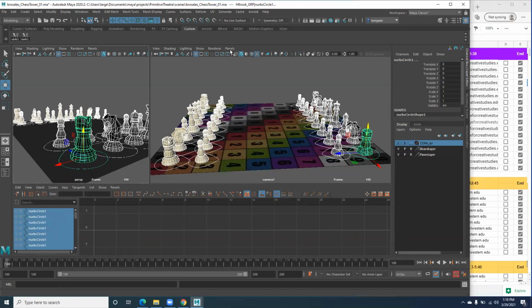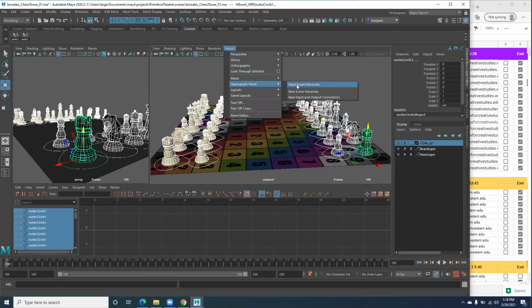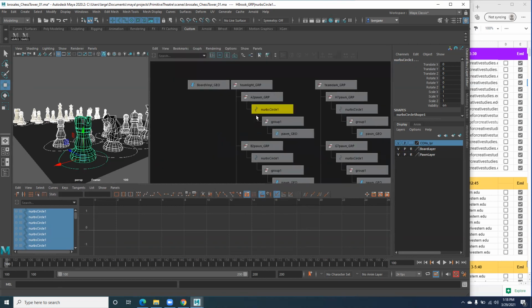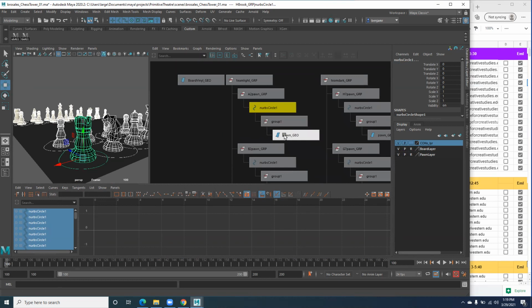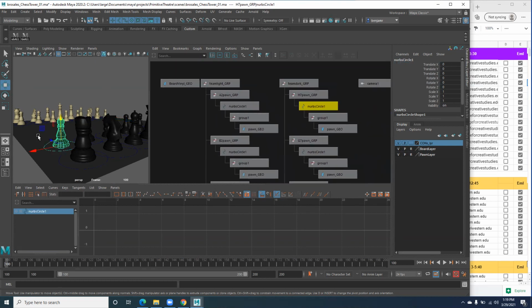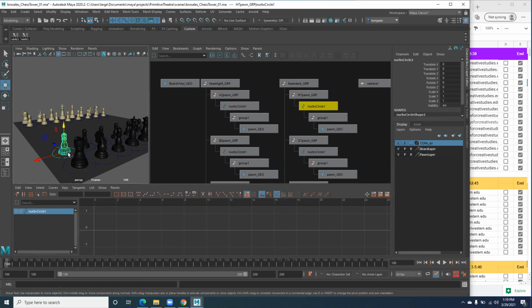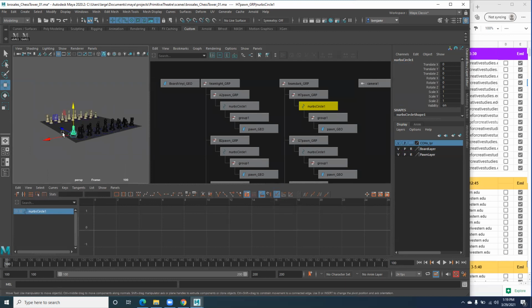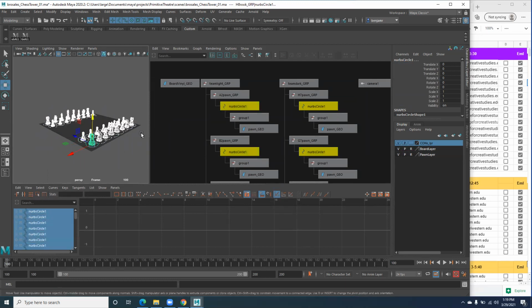Because they're parented, if we go back through this and look at the hypergraph, each of these characters has geometry and a NURBS curve and a group. This is what we would call our control null right here. But each one of these has their own NURBS circle. And of course, I didn't spend the time, I should have, but at some point, maybe I will. Each one of these pawns and characters should have their own control that's named specific to that character. But in the meantime, I'm just going to select all my controls,